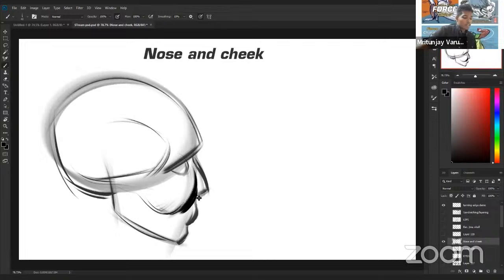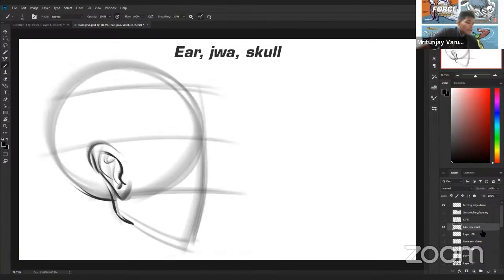So another could be that someone has really tight cheeks, so they might just have a little line in here, and the bridge of the nose, or the wings of the nose, are more visible. Okay. And they have more tired cheeks. So again, one of the places is nose and cheek. Then we have, oh, I wrote it wrong here. This should be jaw. Anyway,